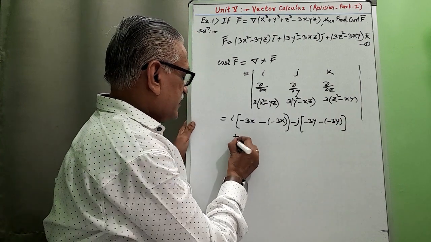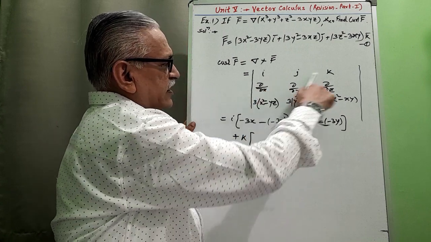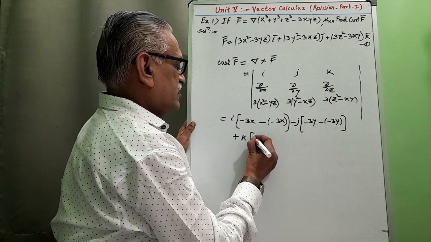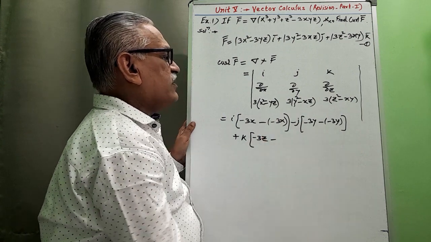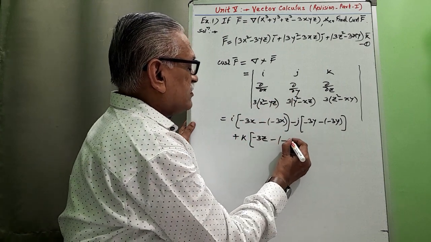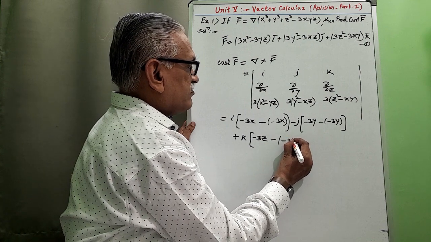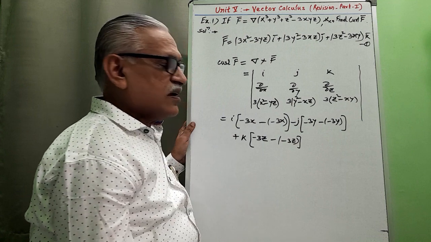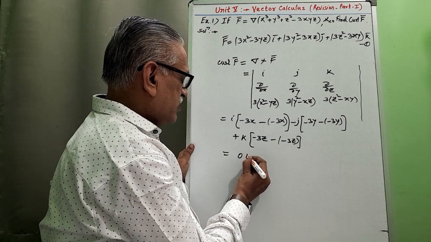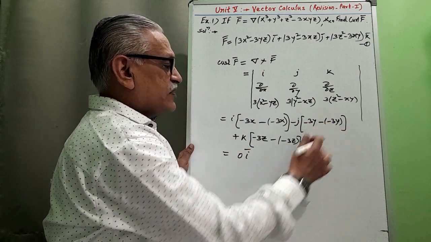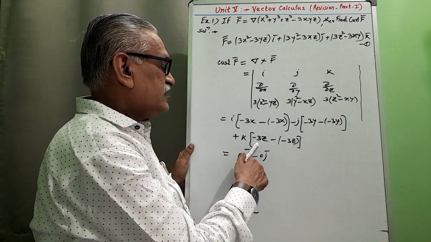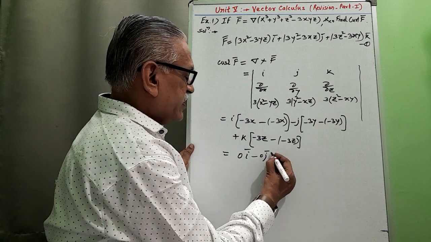and plus k into, neglecting this row and this column, differentiating this with respect to x, its derivative is minus 3z, minus differentiation of this term with respect to y, its derivative is minus 3z, and therefore simplifying it, minus 3x plus 3x we get 0 into i, minus 3y plus 3y we get 0 j, and minus 3z plus 3z we get 0 k,